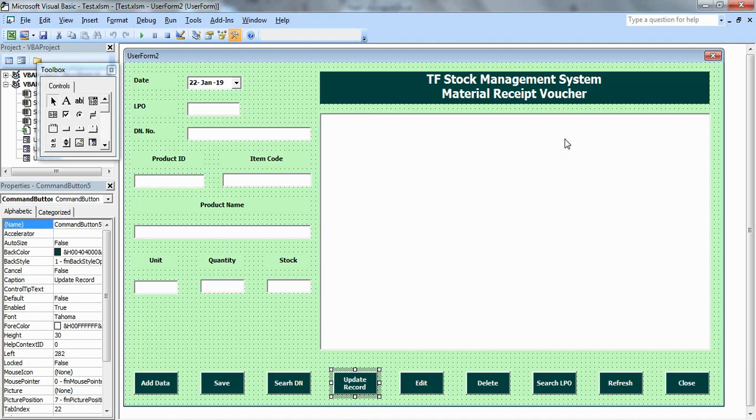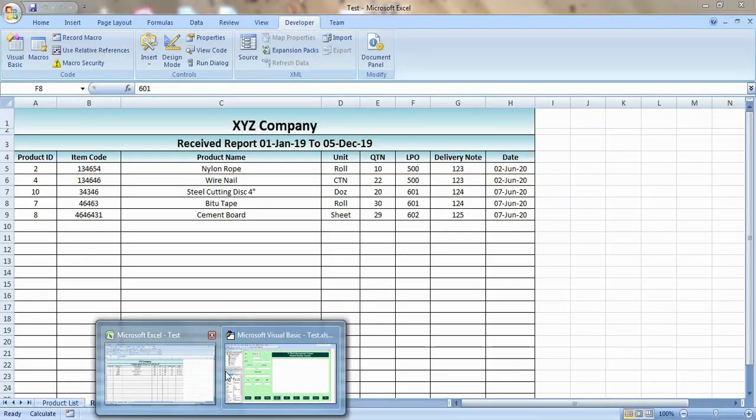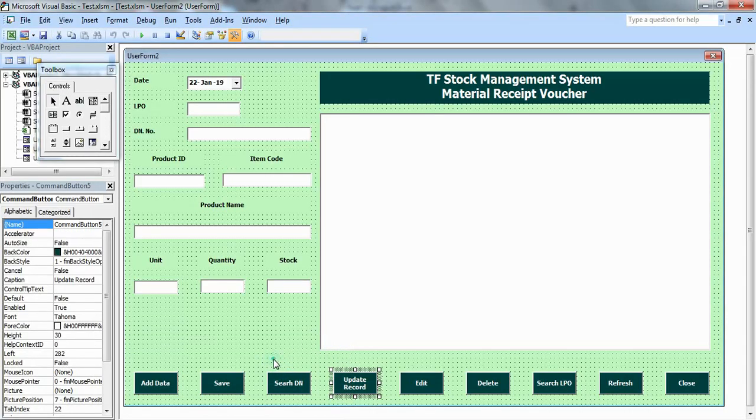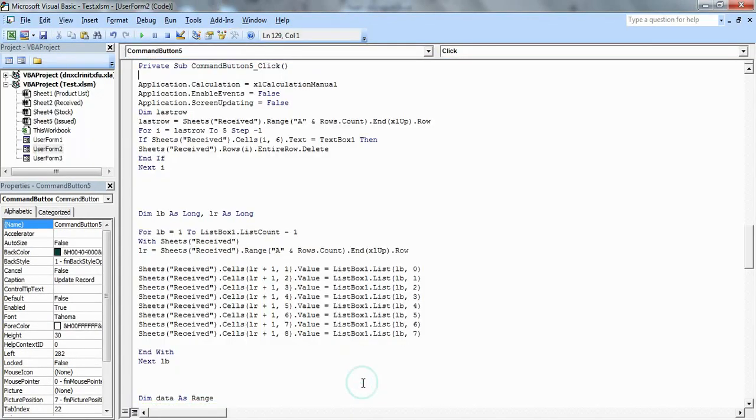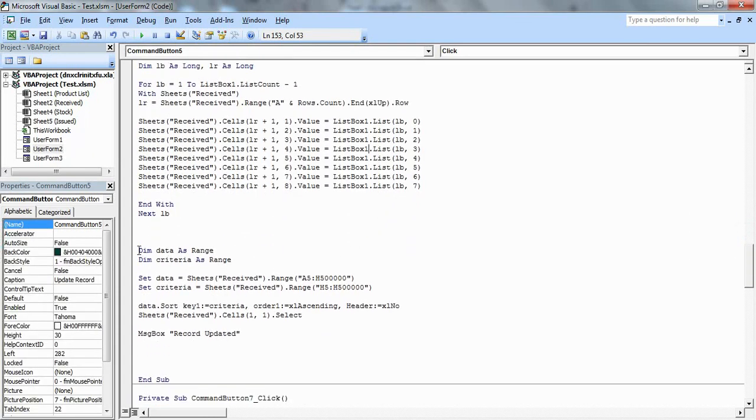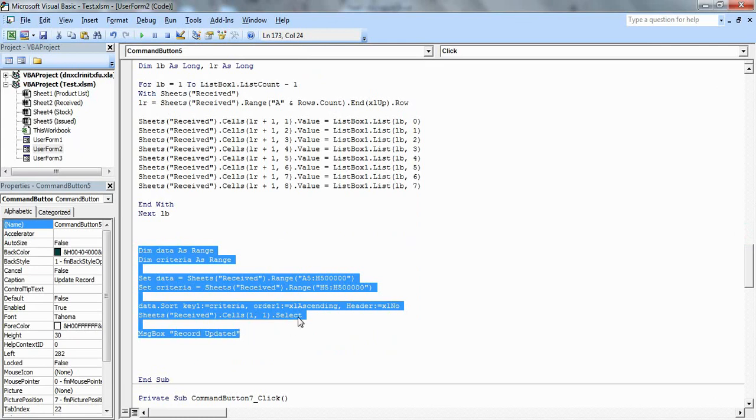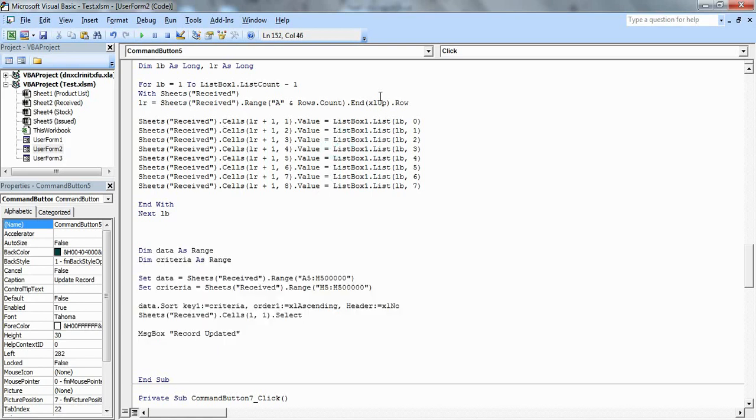Okay, and then one more very important thing is our last part. The reason I chose to delete the record and then add it again is that if you simply update the record, it will not be sorted.